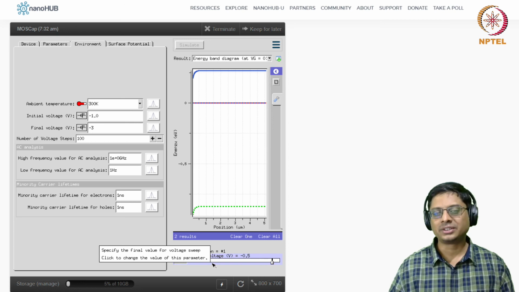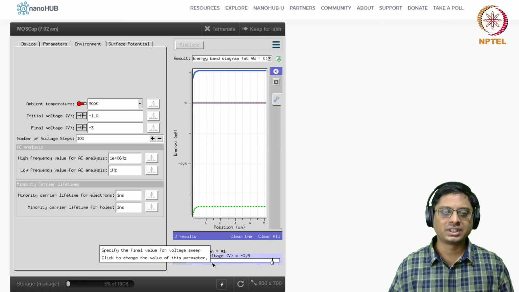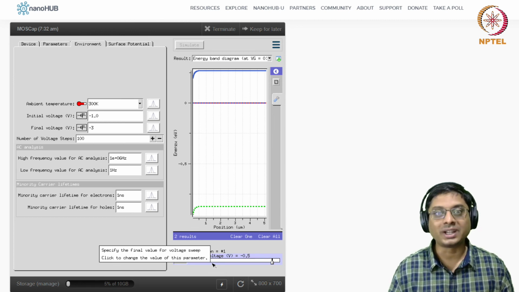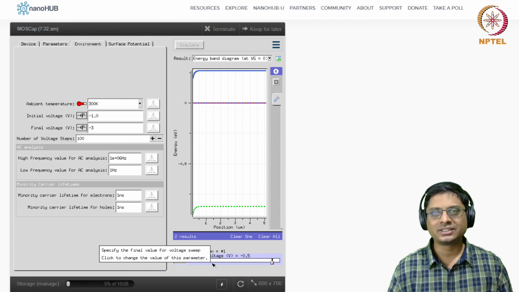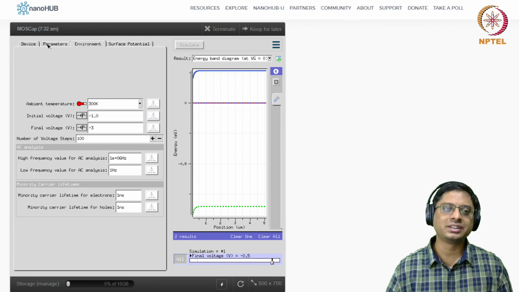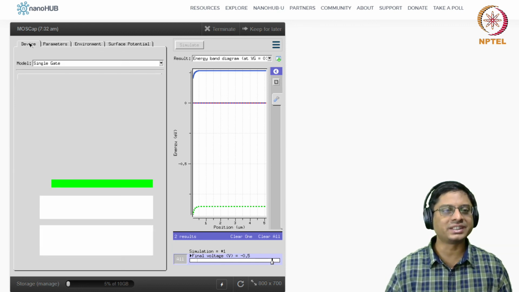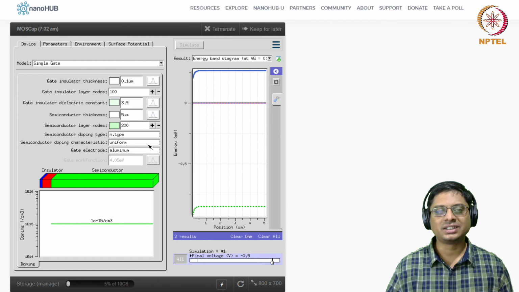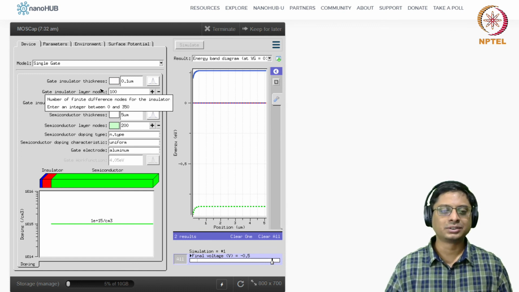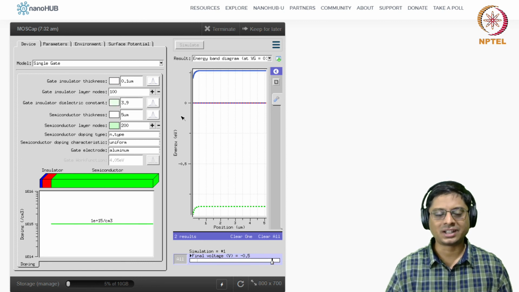As I keep saying, the best way to learn is to explore, look at what doesn't make sense, ask questions about why it doesn't make sense, analyze, and that is how you will learn deeply. Okay. That's why I like these sort of software tools, which will help you play around. If you have to do it by calculations, it will be very tiresome. All you have to do is simply click. I know this interface is not the best, but I think it does a really wonderful job in capturing the essential physics. Okay. So please take some time and analyze these things.